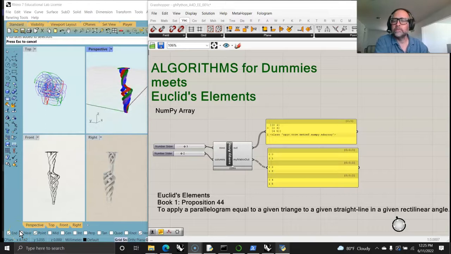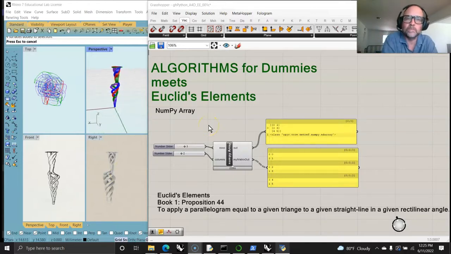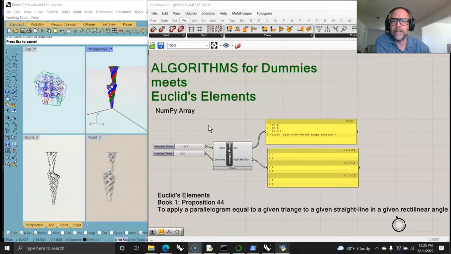Basically, I thought I'd better do something a little creative. It's not hard to do creative acts, but trying to keep your mind around it and maintain a little bit of control is probably the trickiest thing. So what I've done is I've taken the work I've been doing in Algorithms for Dummies and taken the absolute basics of that and decided to grab the script that's just getting NumPy up and running in Grasshopper